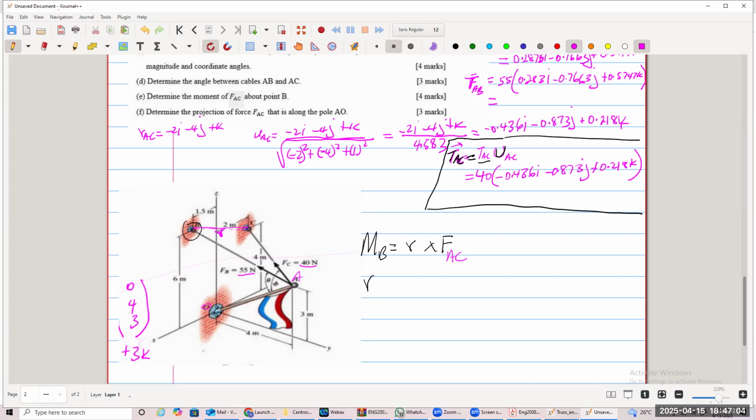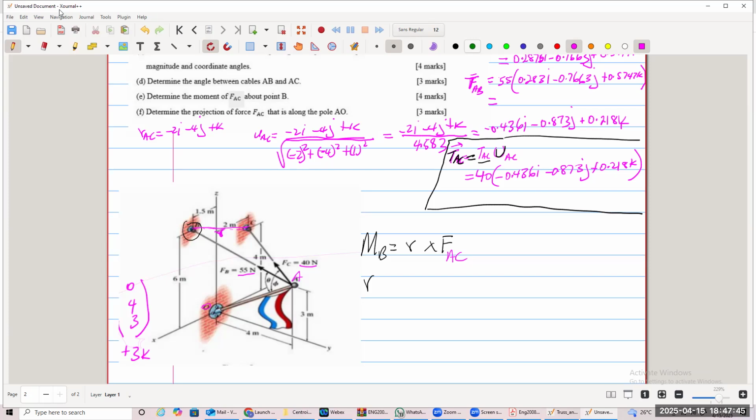So in my case, you can use either BA or BC. BA, you said? Why would you want to use BA? BA is a force of BC, a tension line. Right? It has a position vector too. I agree, it has a position vector. But if you're going to use BA,